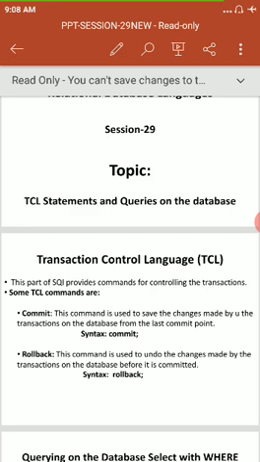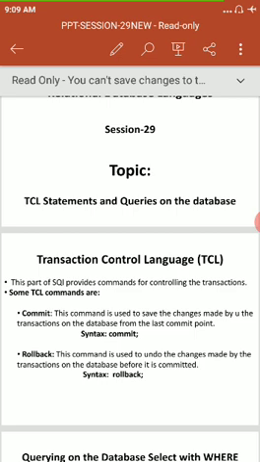When any database operation is performed, if you want to revert back to the database status before the operation was performed, then we can use the rollback statement. Syntax is rollback. When you open SQL, we will get the symbol SQL greater than. There you have to use rollback, then press the enter key, then rollback will be completed.